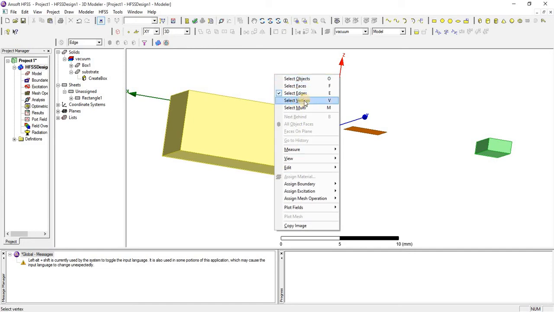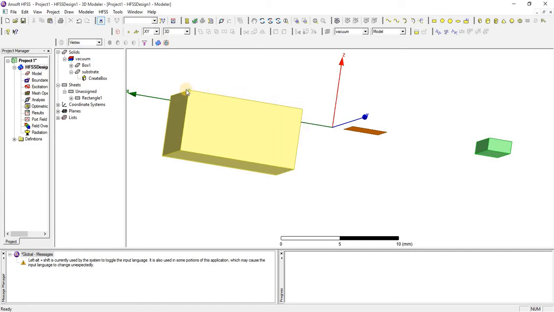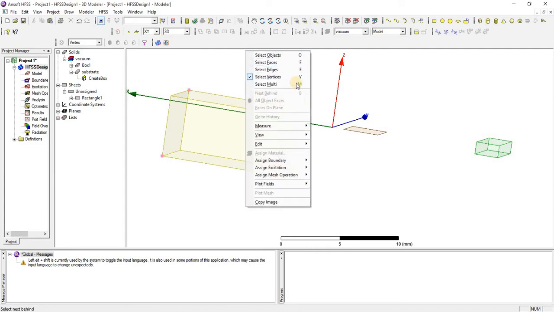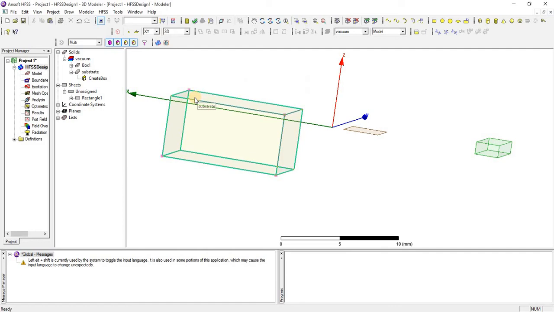Next is how to select a vertex. By pressing control we can select multiple, and there is also another way to select multiple.